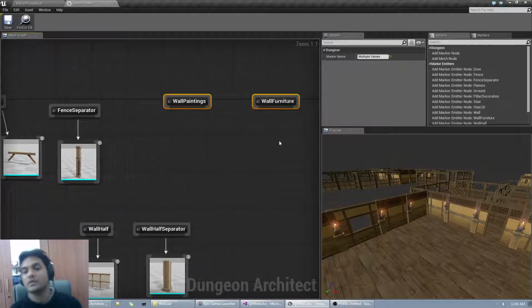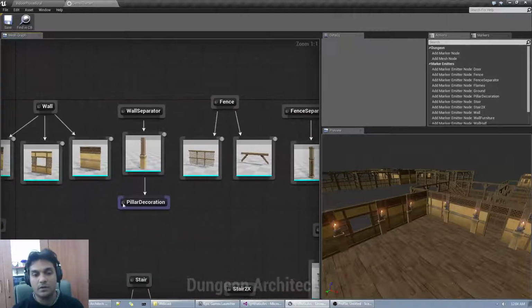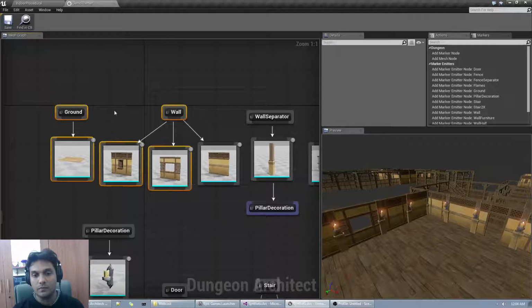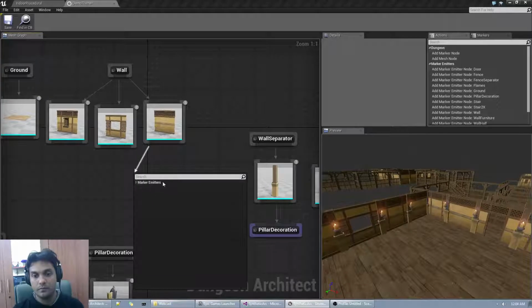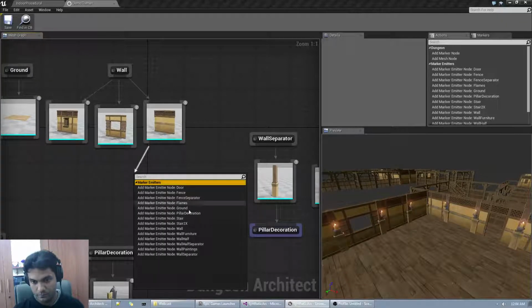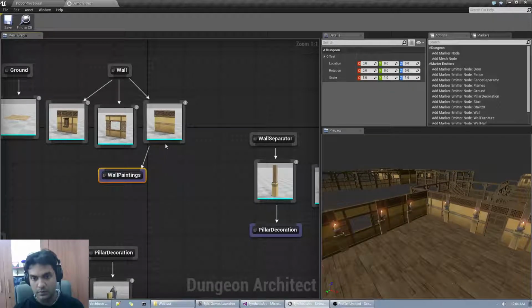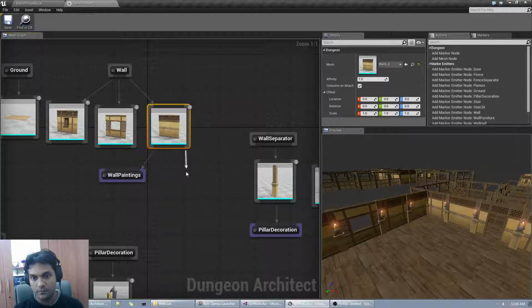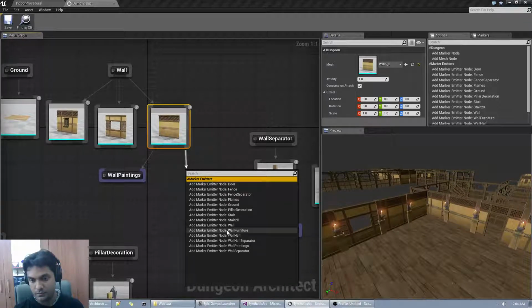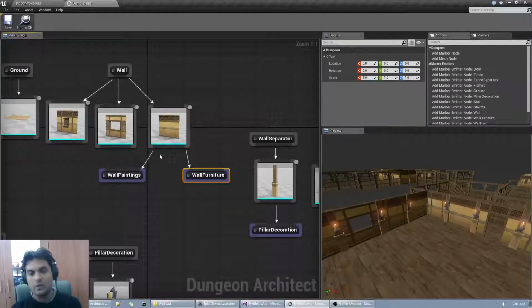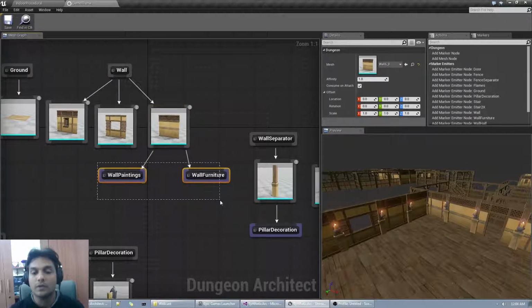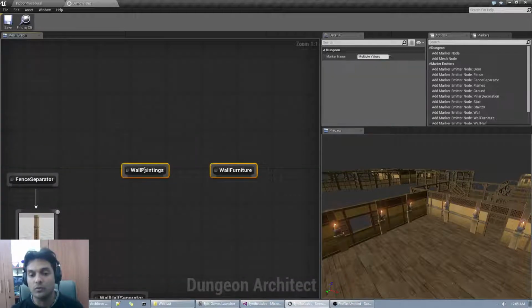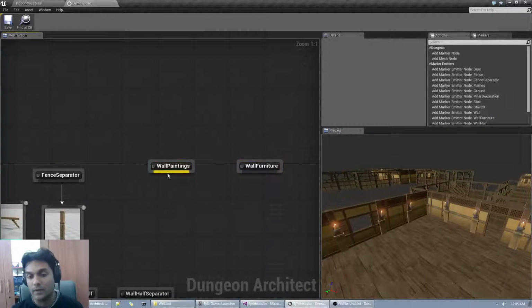And these, I'm going to emit these off of this node. So we have wall paintings. Let's also emit a wall furniture. Right. So whenever this empty wall is inserted, it would also emit these two markers, which would then go and process whatever is defined in here, right? So let's go and add